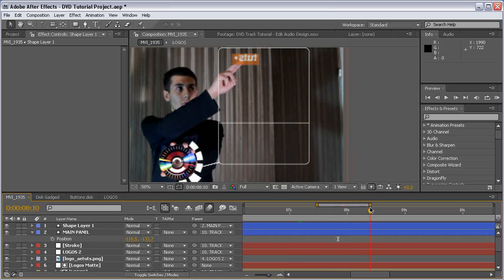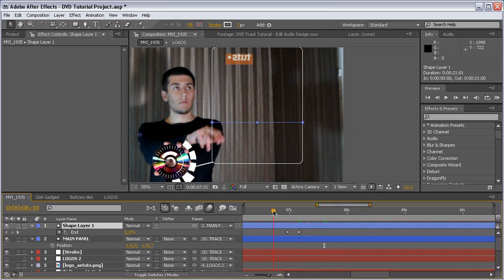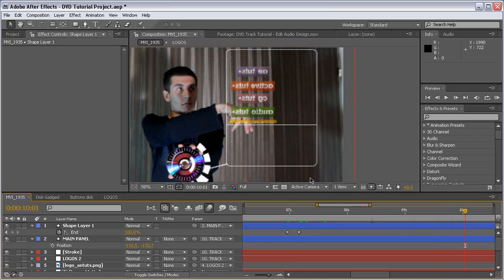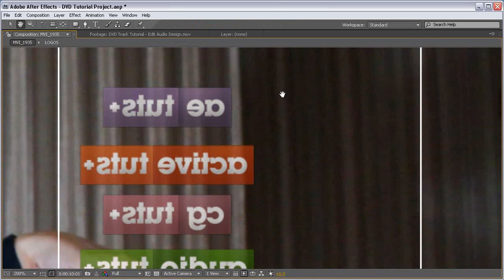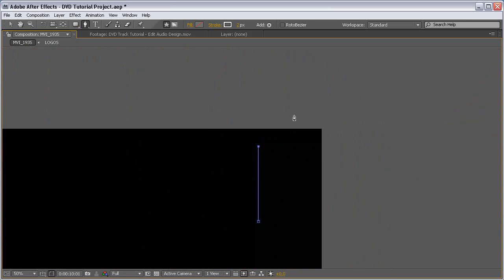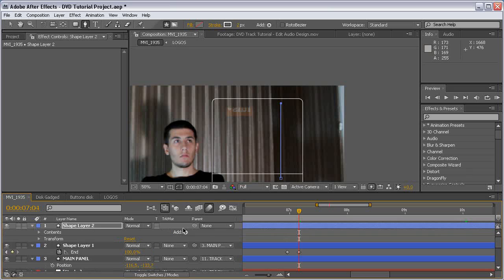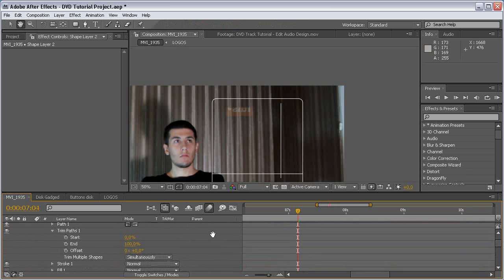So let's create another stroke, which will be right here to separate the main window. So let's put it right here, and again using the trim modifier,